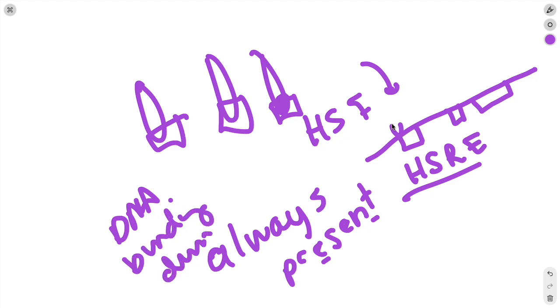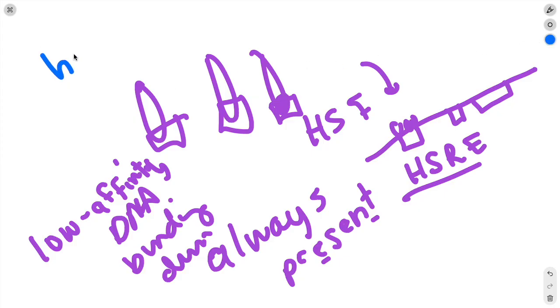That's going to bind there, like that. And all of them have them, and they have a low affinity. They don't stick very well to the heat shock response element. And what happens, and we'll talk about it and redraw this, what happens when there is a heat or a stress